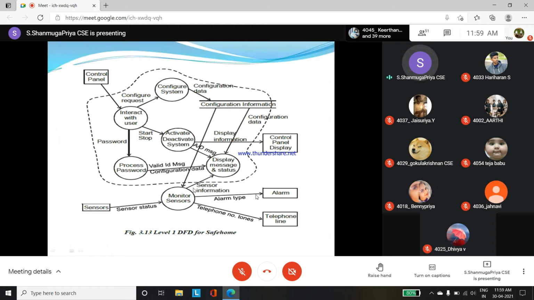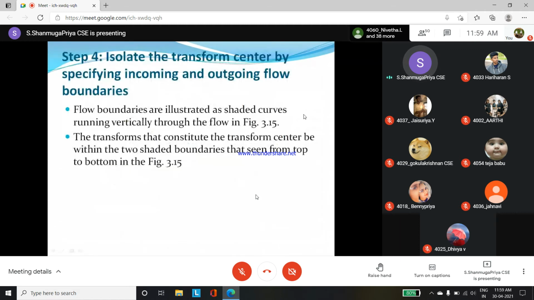See, in monitor sensor we get information from the sensor; status gives information to the display message status module, alarm module and telephone line modules, but we get the output message, that is, information from the configuration information database. Like this, with the help of the arrow marks, we can identify the input and output for each module. That is our third step.